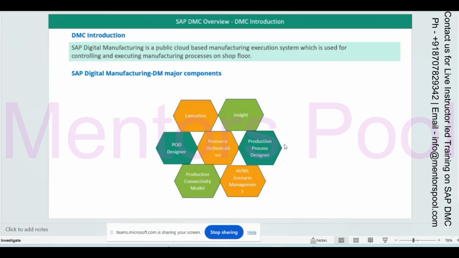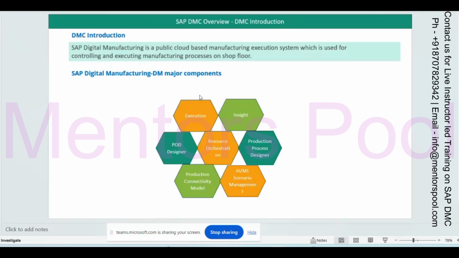Some people say this is the evolution of MII. Some people say DMC is the evolution of SAP MII. Is that right or not?